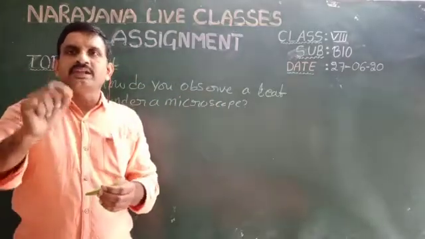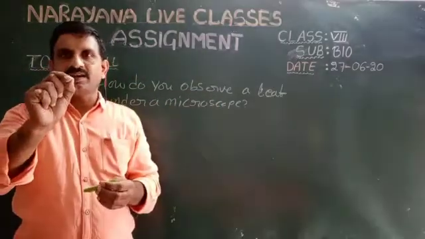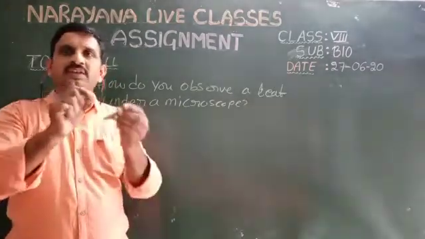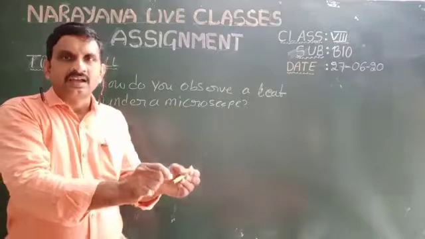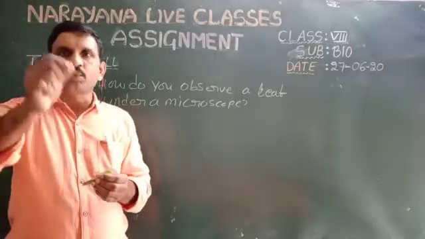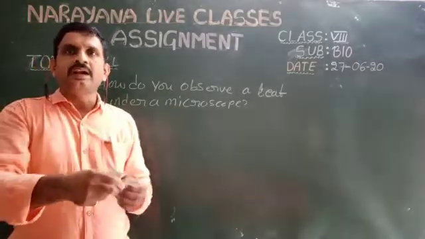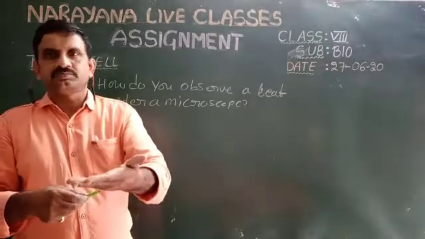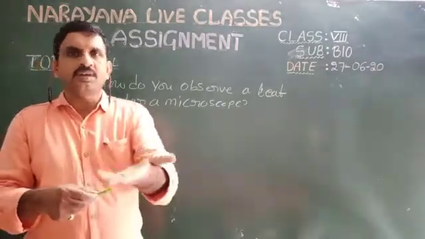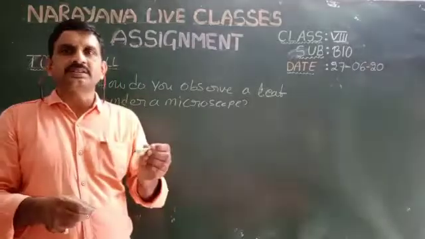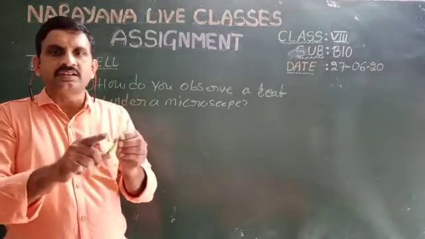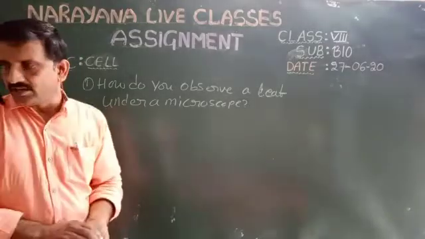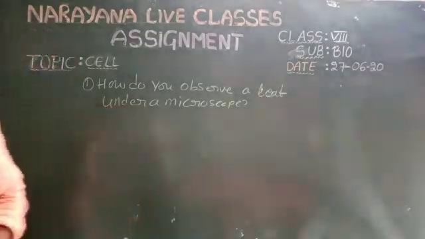Now you are getting some thin slices. Understood? Now you are getting some thin slices, and we have to take one of the slices and place it on the slide, put one drop of water on the slide, and keep it under the microscope and observe. Understood? That is the process of observing a leaf under the microscope. Is it clear? And our next question is,